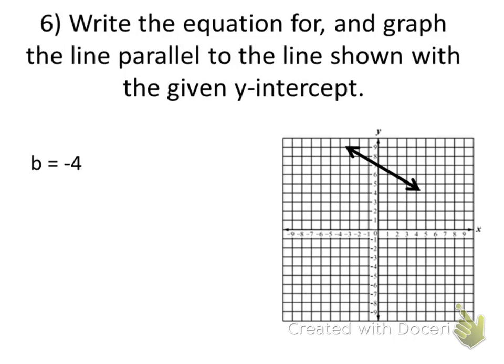So in your notes, you need number 6, and you need that b equals -4. The rest we'll do together, and then I'll do the graphing on the board while you just hang out and listen. So I need 2 things. I need b, I already have b, and I need m. How am I going to find m? Rise over run. So looking at the graph that was provided,